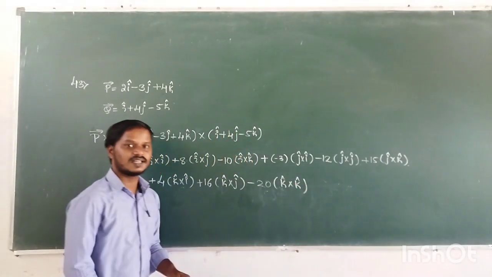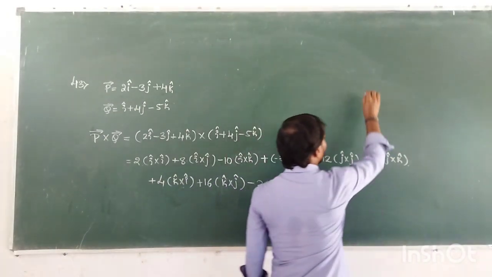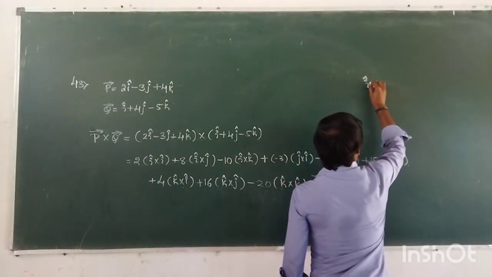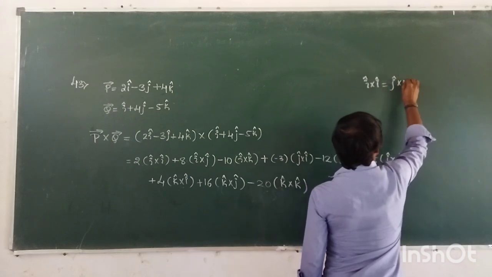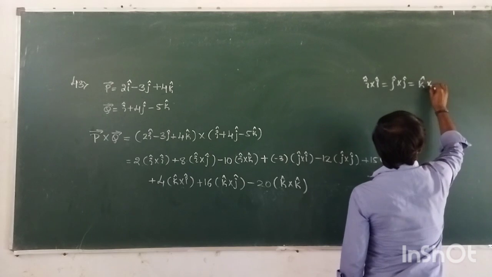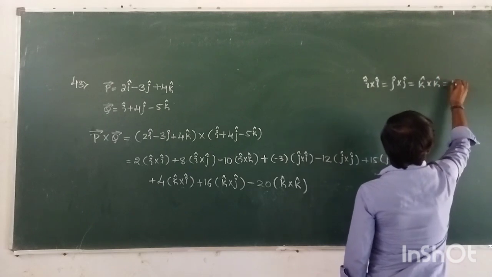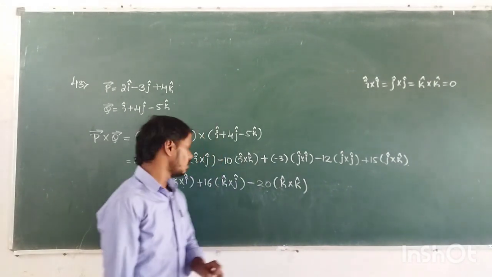Already we know that the cross product of two same unit vectors is 0. So i cross i, j cross j, and k cross k are equal to 0. Next,